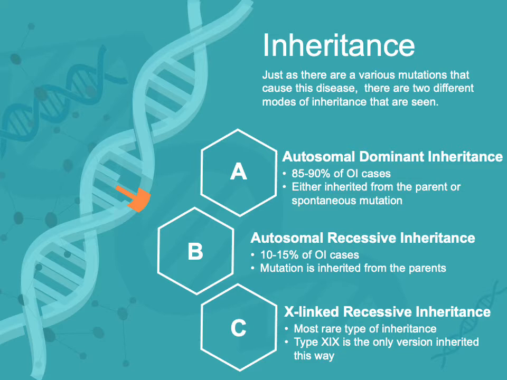When it comes to how osteogenesis imperfecta is inherited, just as they have found multiple different genes that include mutations resulting in OI, there are multiple different modes of inheritance patterns that they've seen throughout the different cases. The first one being that autosomal dominant inheritance pattern, which is the majority of cases they see in osteogenesis imperfecta. These cases are specifically correlating to the types 1 through 5 of osteogenesis imperfecta, so a range between mild and severe forms of osteogenesis imperfecta.